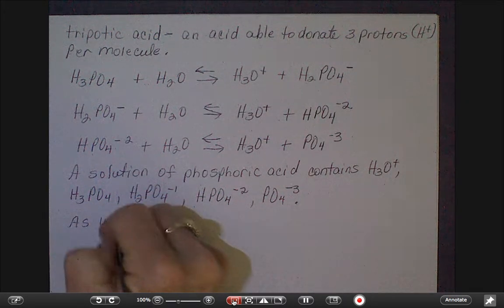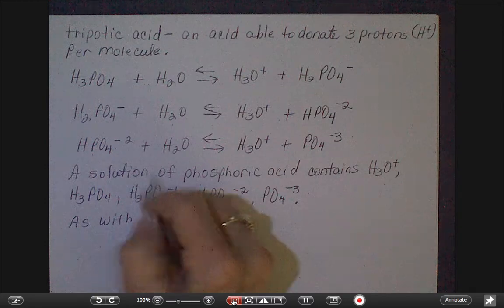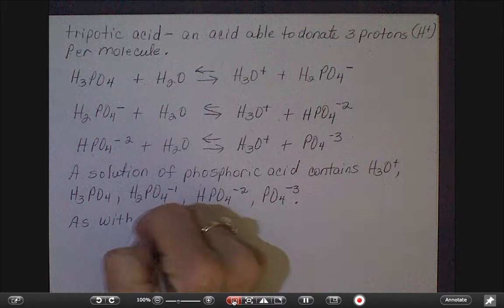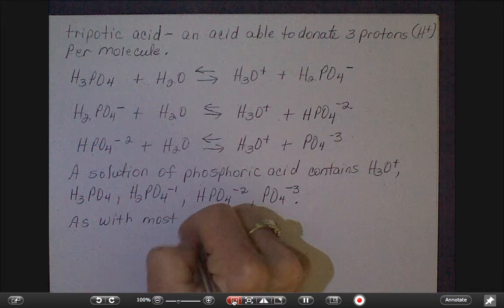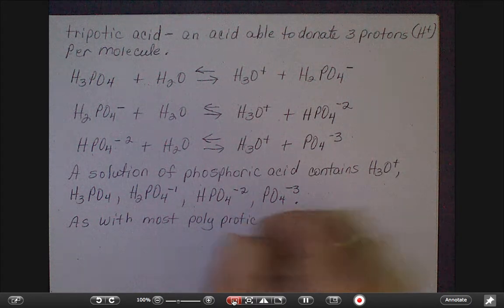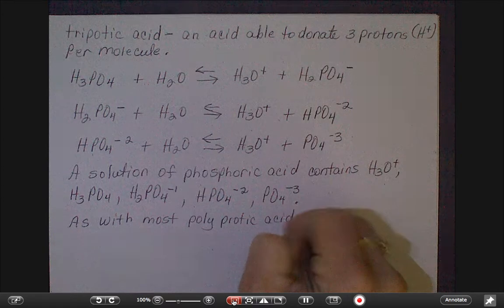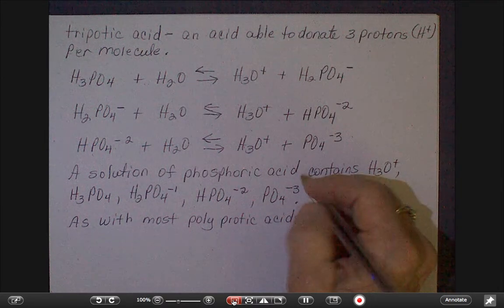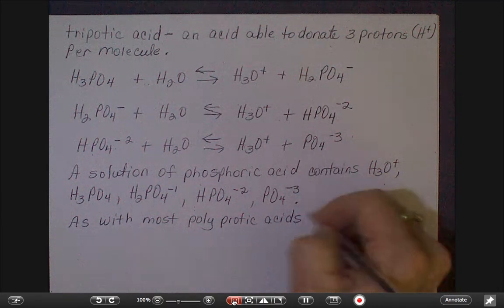As with most polyprotic acids, the concentration of ions